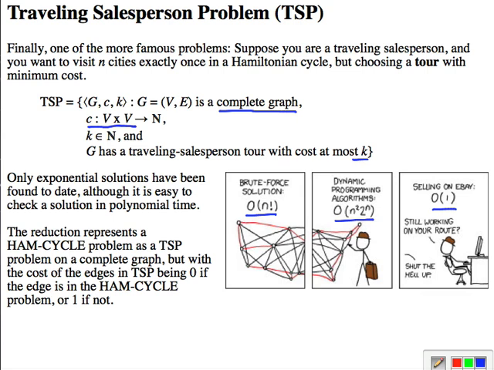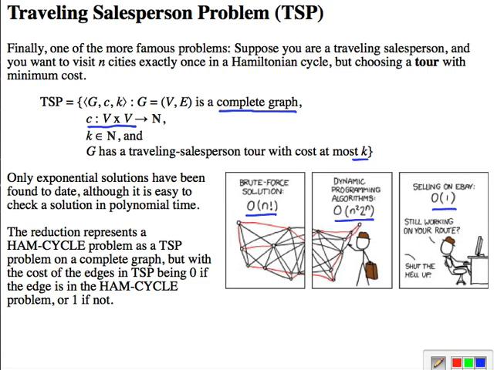This is NP, of course, because given a tour, we can just run through the tour and check that it has cost at most k. But we're going to reduce Hamiltonian cycle to traveling salesman problem. In Hamiltonian cycle, the graphs need not necessarily have an edge between every vertex. So we'll model that in TSP